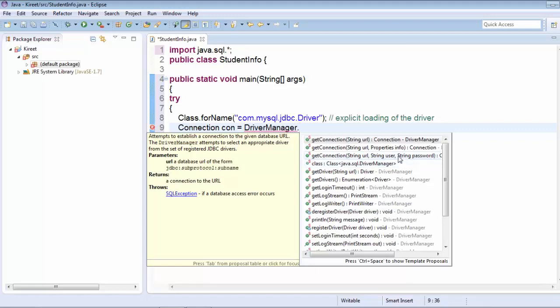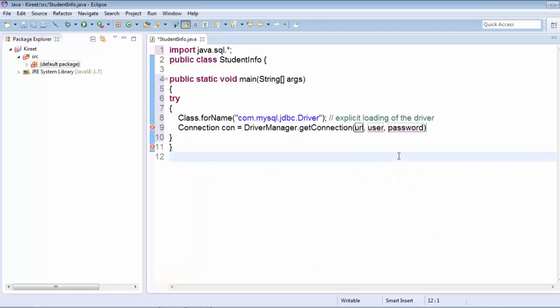As I told you in the previous lectures, this getConnection method takes a database URL, a username, and a password. It will return an object that will be referenced by this connection reference.